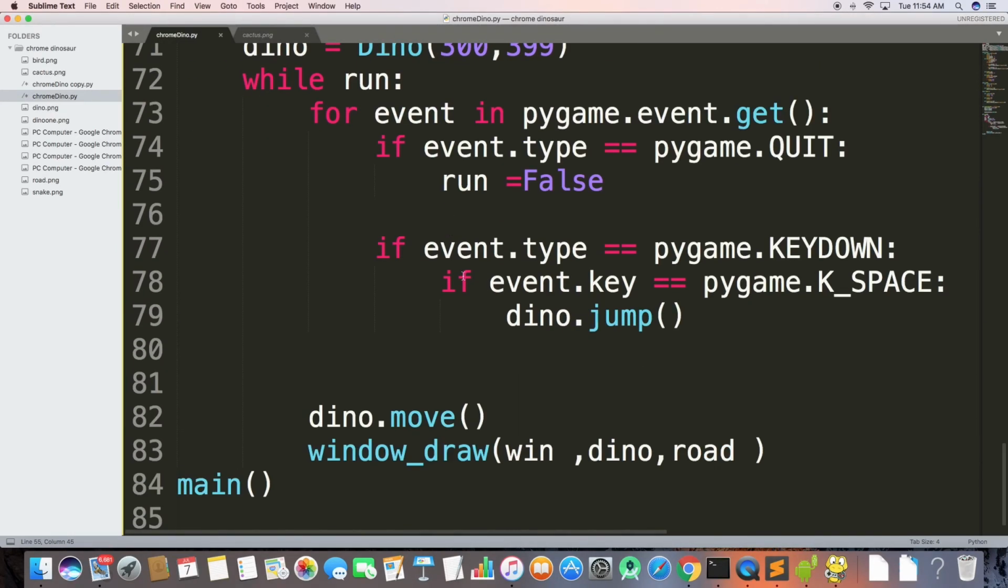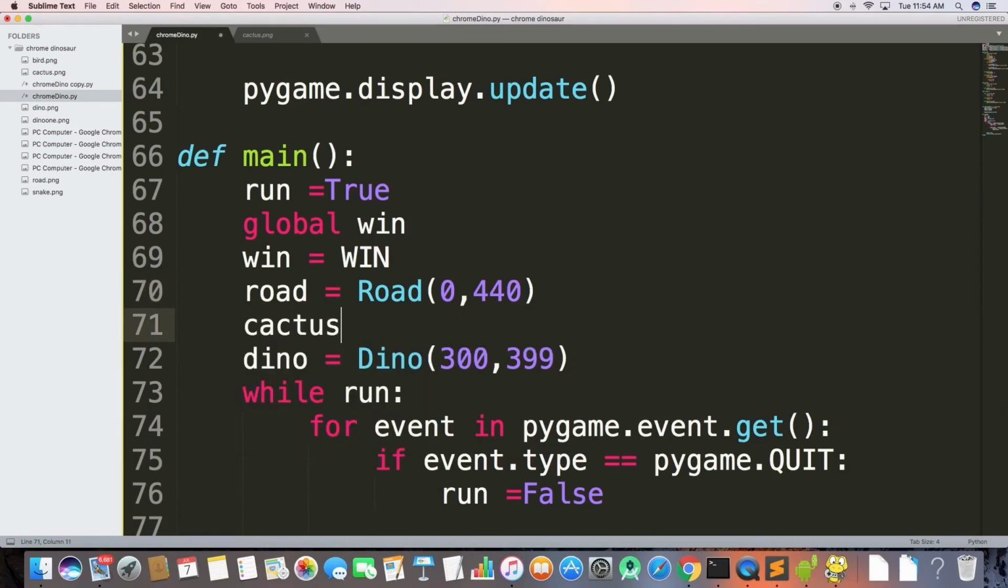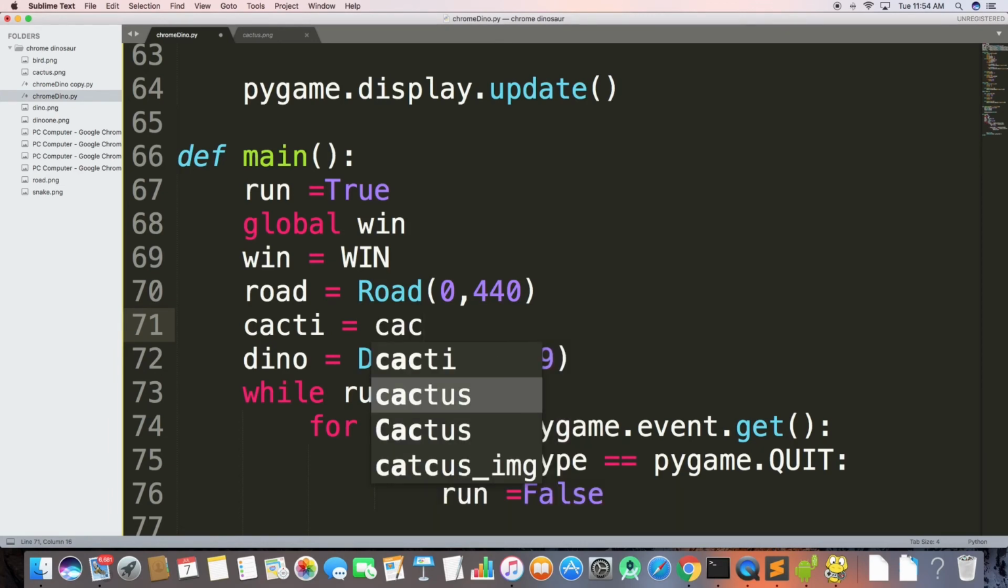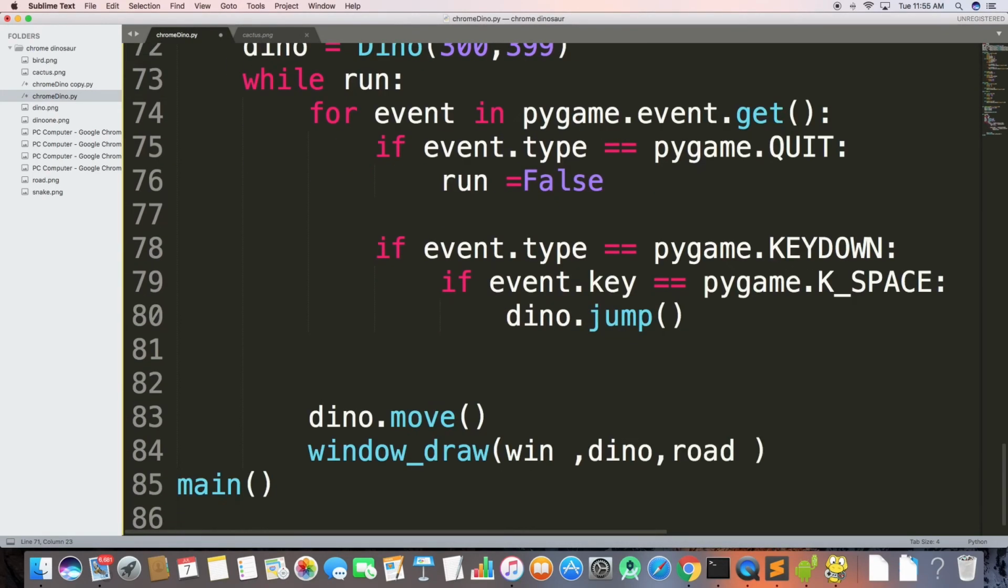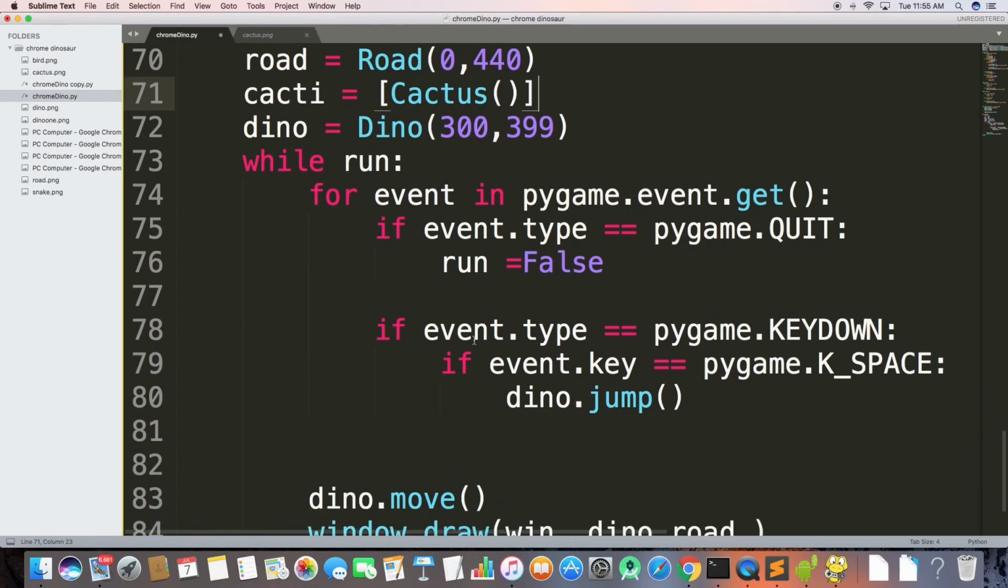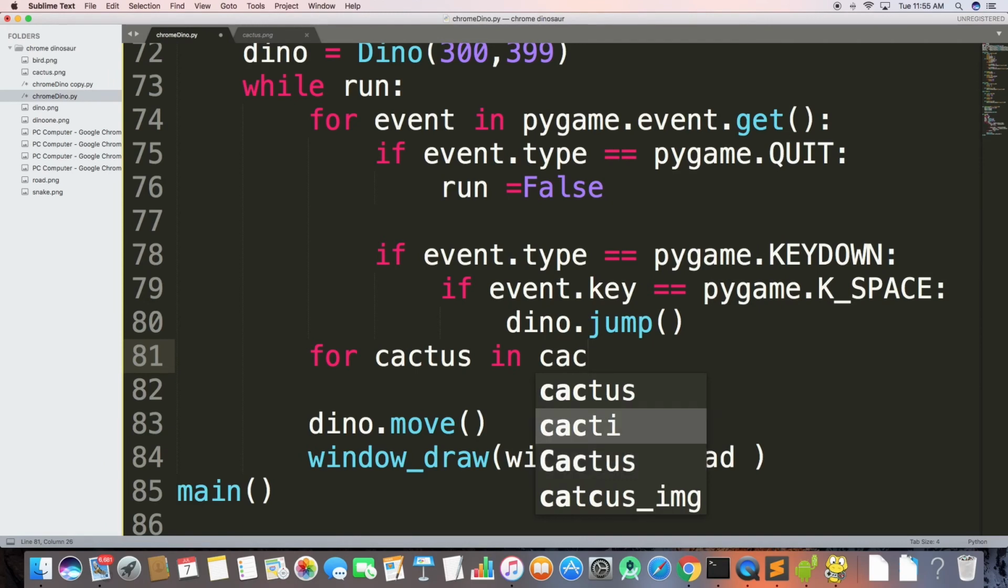Okay, so I need a cactus, let's name it cacti. So cactus, and I don't need to pass the position here, so let's create a list here, and let's create for cactus in cacti